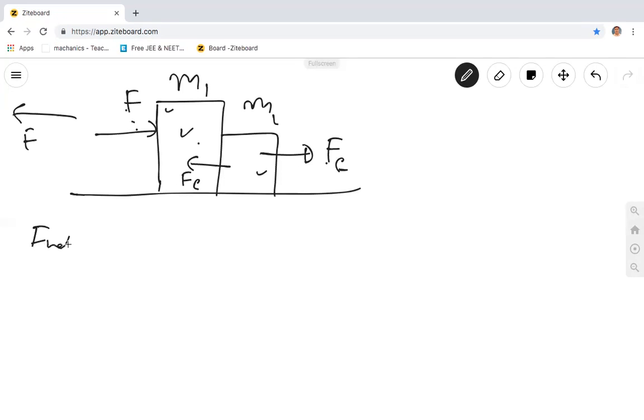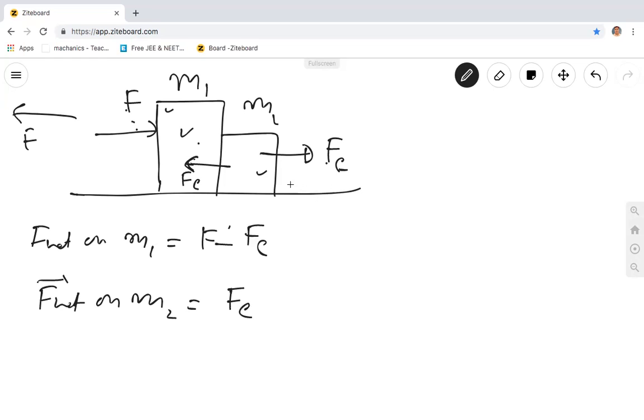F net on M1 is equal to F forward. What is the backward force on this? FC. So F minus FC. Two forces are opposed, so subtract. So what is the net force on M2? Just FC. Now, students who don't have clear knowledge will say that on this mass